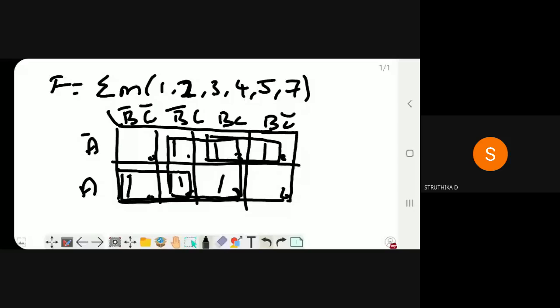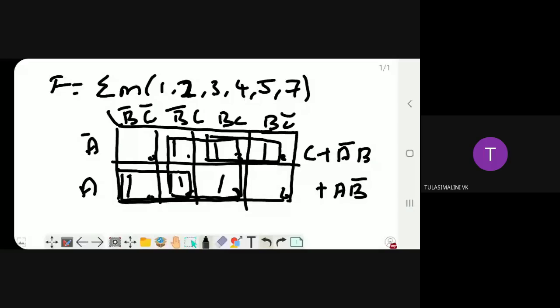C plus, for the second pair 3 and 2, A bar B. Am I right? For the next pair, A B bar. Okay, so this is the simplified equation which I got from the given min term.